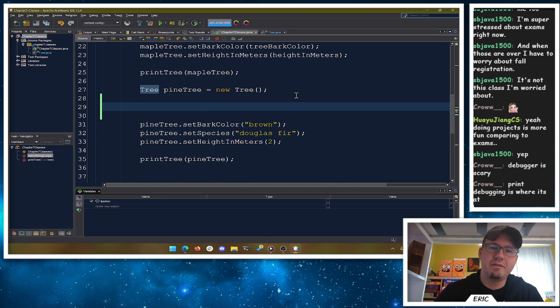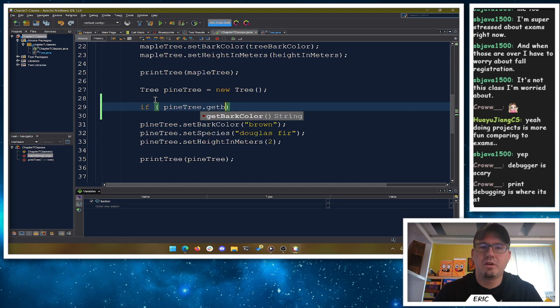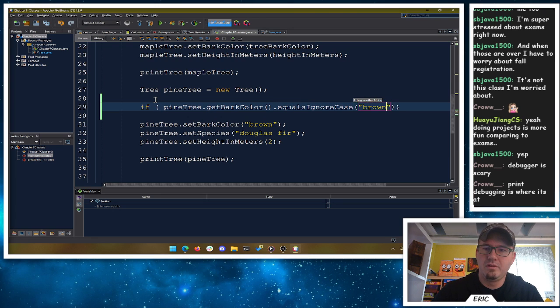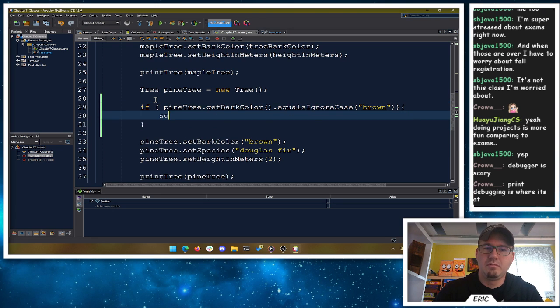So if I make a tree and I haven't done this set bark color yet, if I said, hey, if pine tree dot get bark color dot equals ignoring case brown, we can print out it's a brown tree.